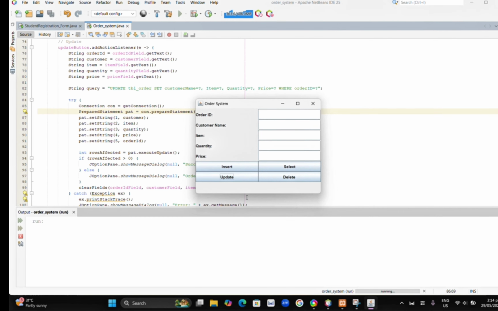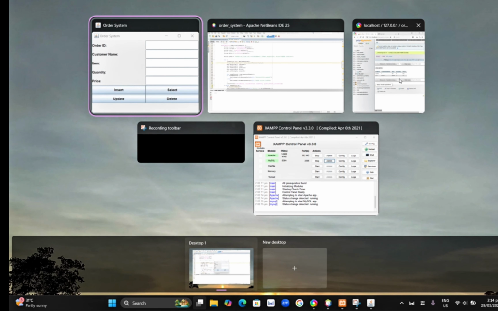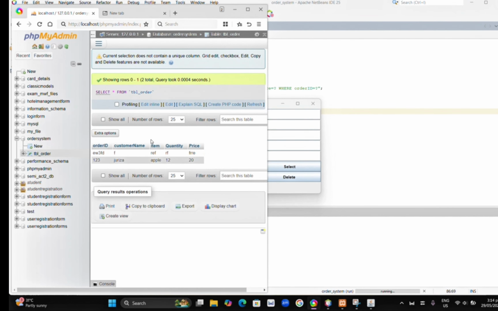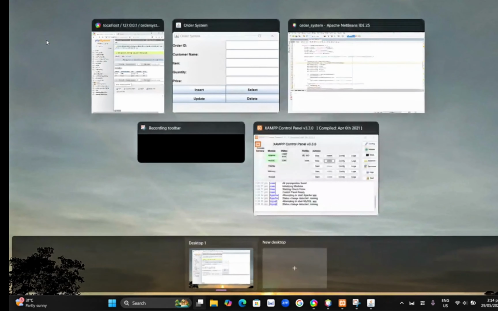So let's see the database if we updated it successfully. Refresh. Then here we go. We updated it successfully.